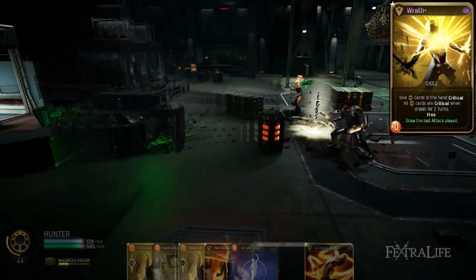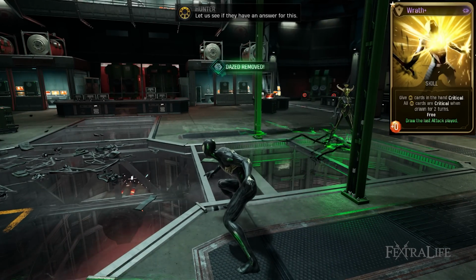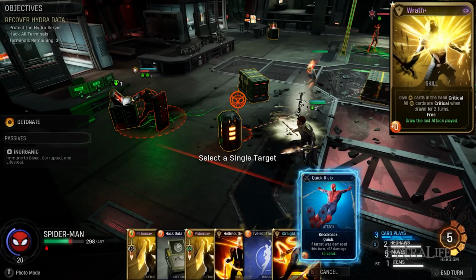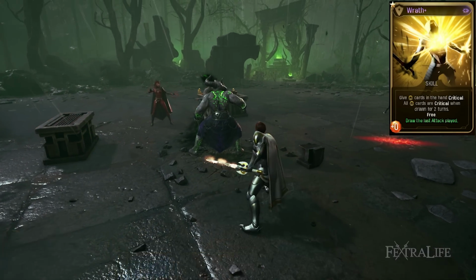We've modified it here to draw the last attack card played, so this will be from whatever character. But let's say you used Wild Strike and then you got this somehow the next turn, you could cast it and then pull Wild Strike back into your hand, and now it would be a critical version of Wild Strike, which is fantastic. And another really good thing about this, as I mentioned, is that it's free,